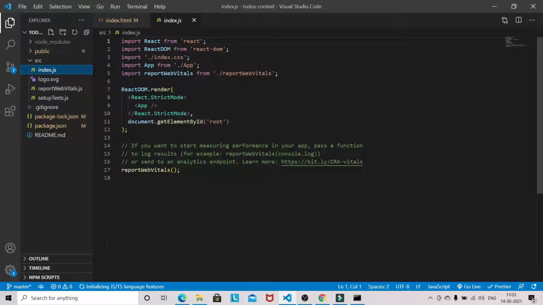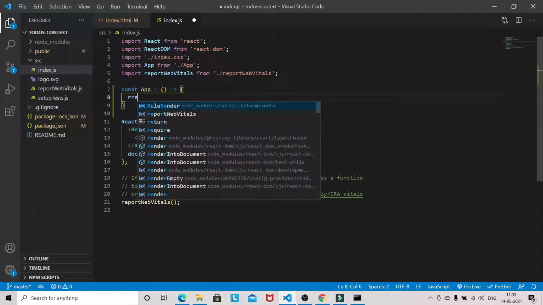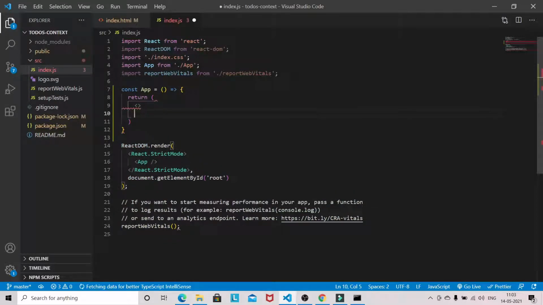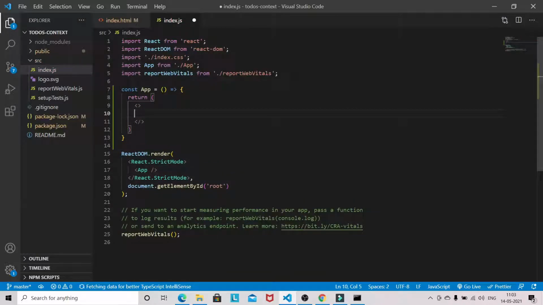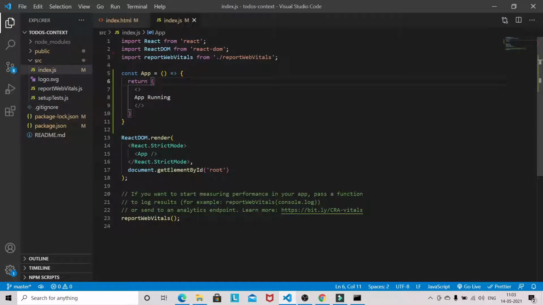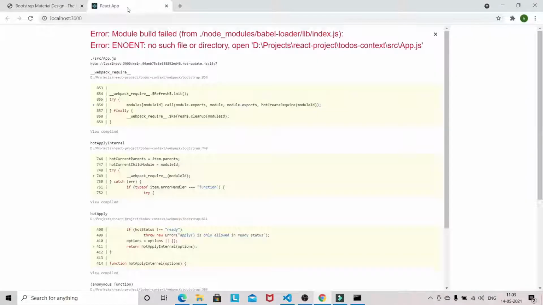Now in index.js we will simply write our app here, and simply return a fragment with app running something. We don't need these two things, so we will remove them. Let's see whether everything is running or not. Now the app is running.